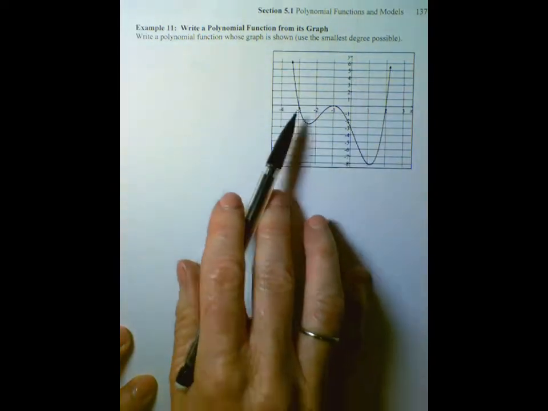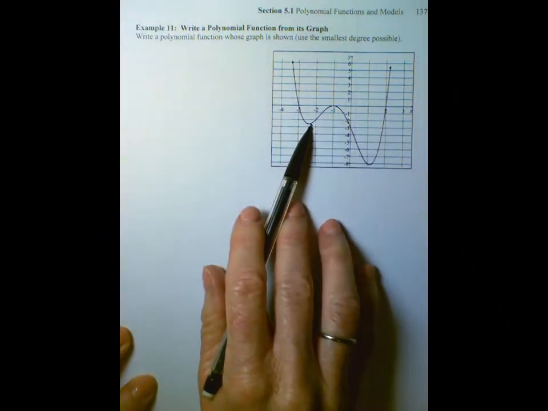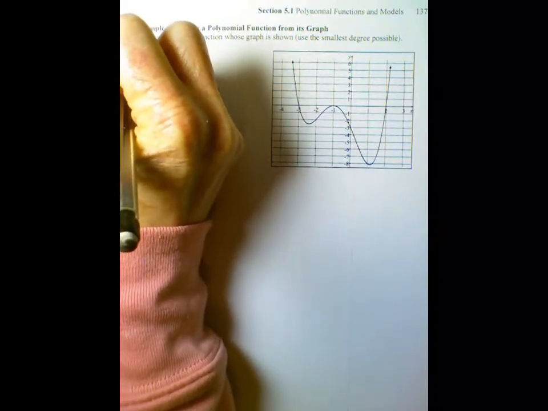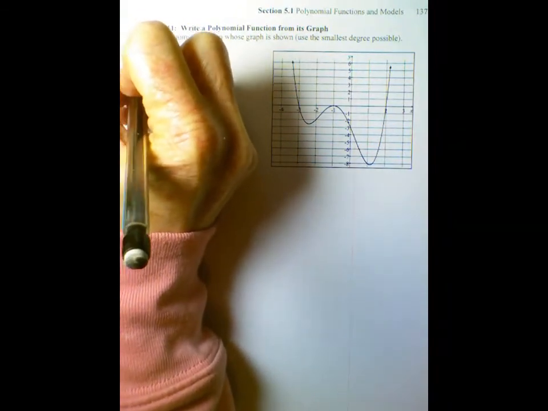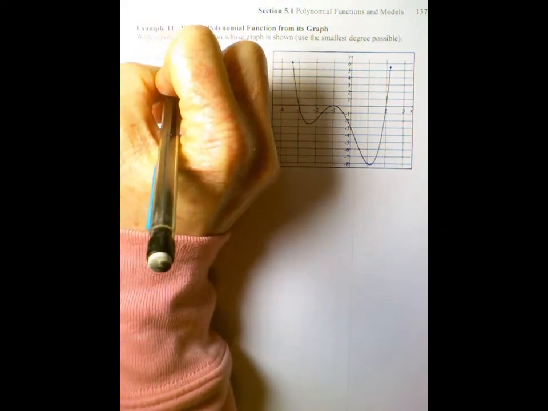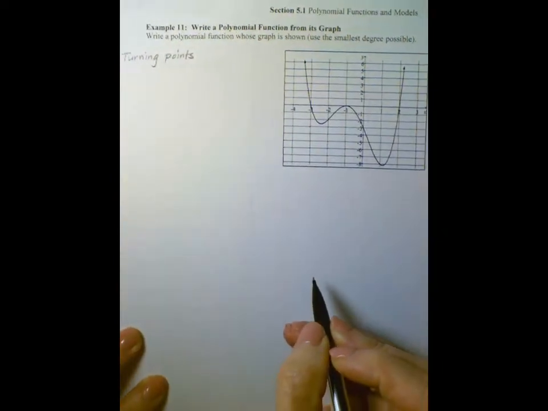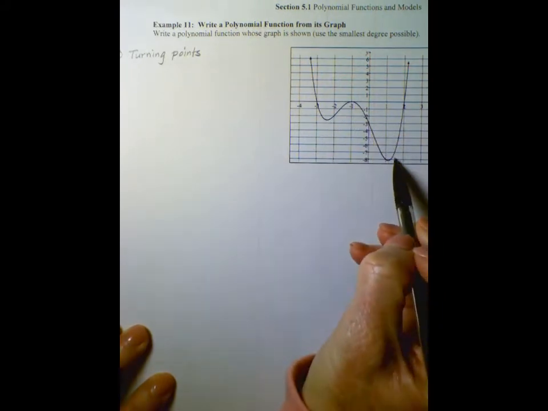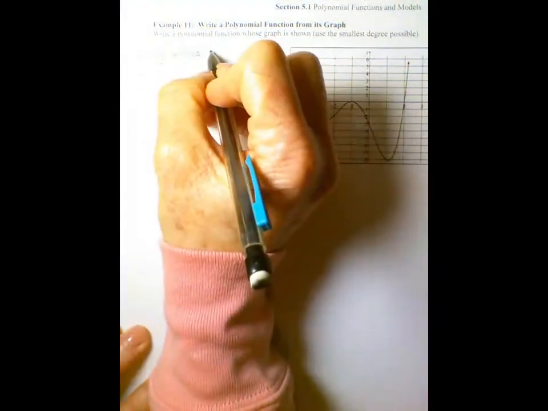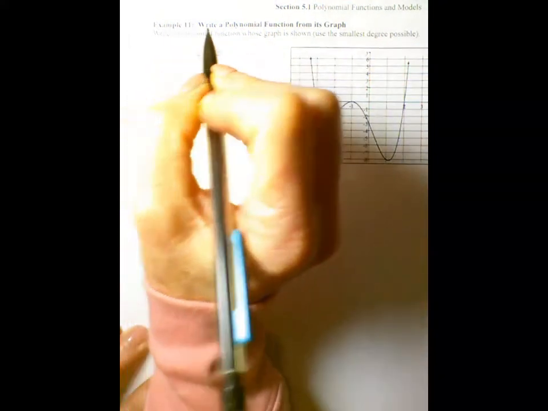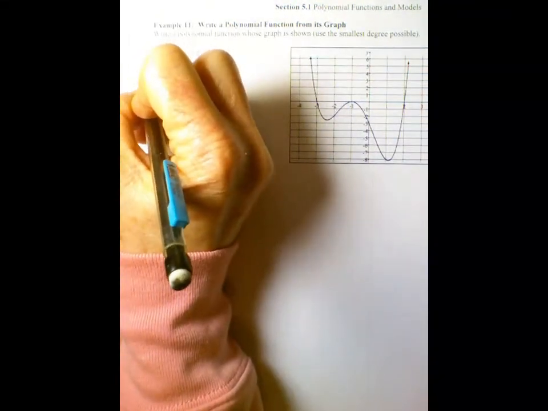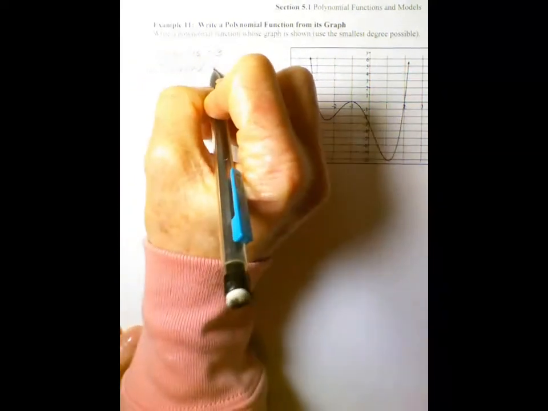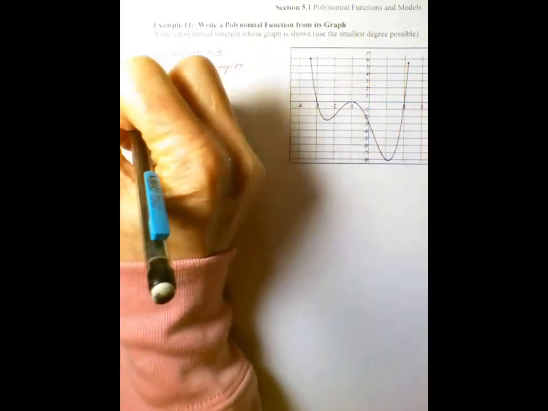So we'll start by looking at the graph and noticing our turning points. So the first thing we'll do, turning points. How many do we see? 1, 2, 3. So there are 3. So the smallest degree possible